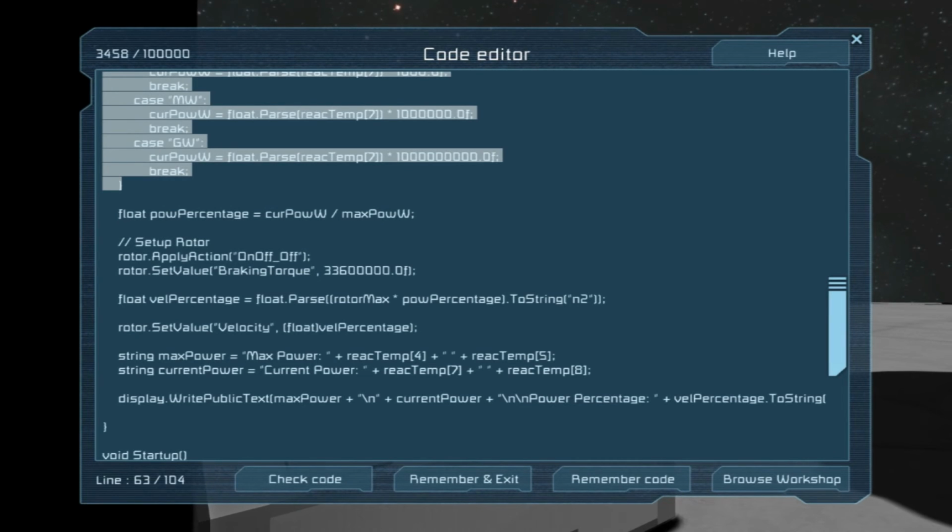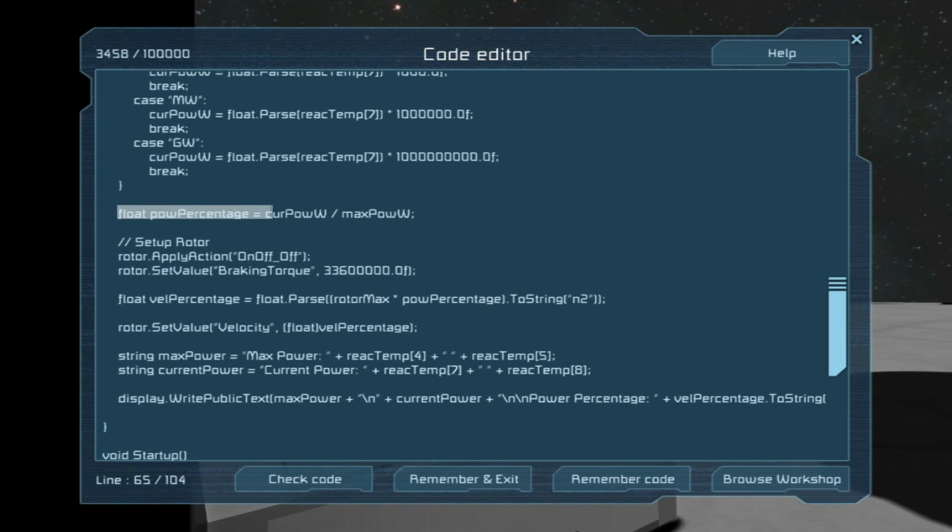So, float power percentage here, what we did is we said current... Wait a minute, what did I do there? Velocity... Oh, I see. I meant to do that up here. Okay, so what I want to do is current power in watts needs to be divided by the max power to get a percentage, which in this case is 0.18. But it's 0.17553, something ridiculous. So I'd like to just round it to the nearest decimal.